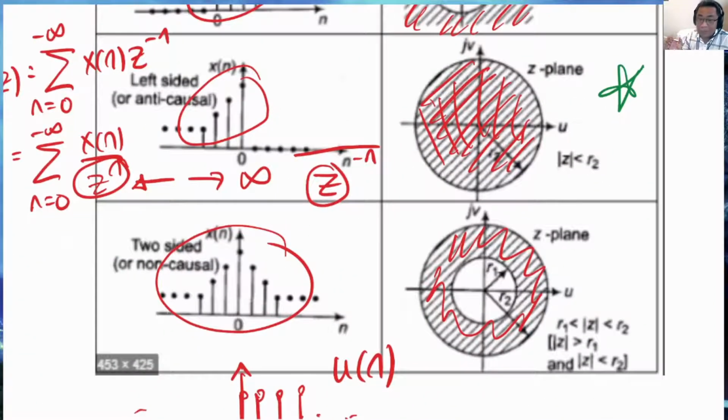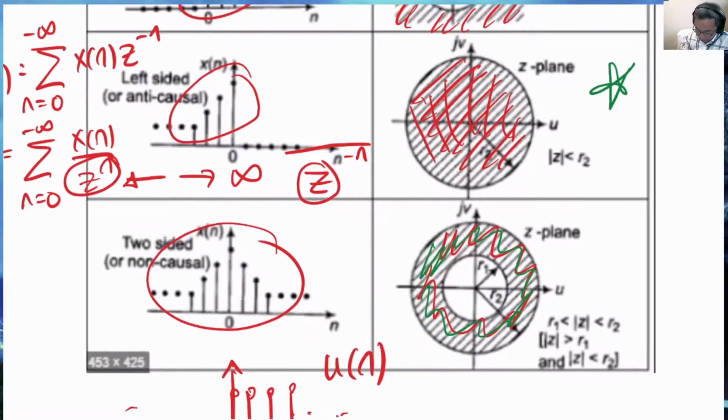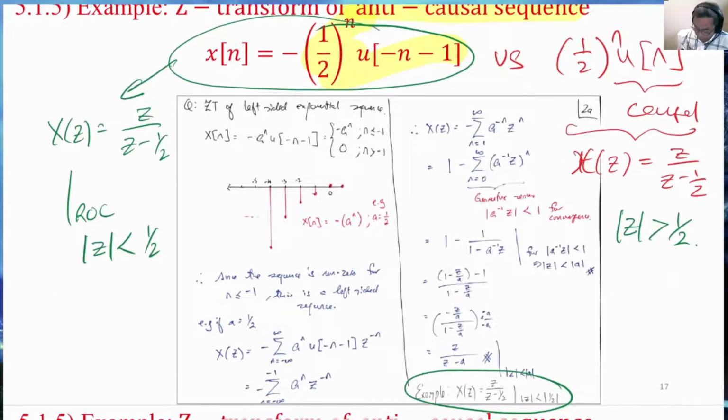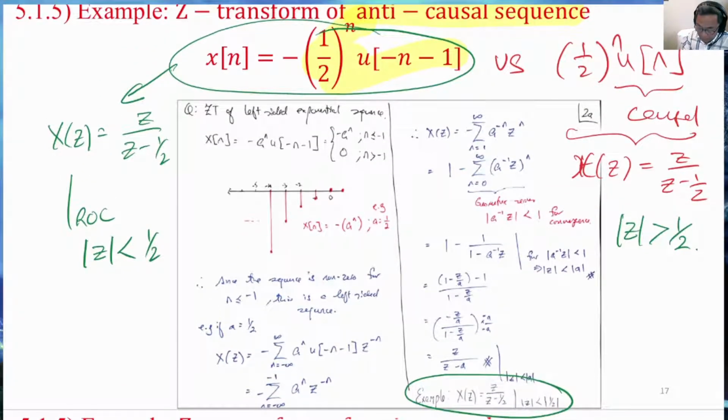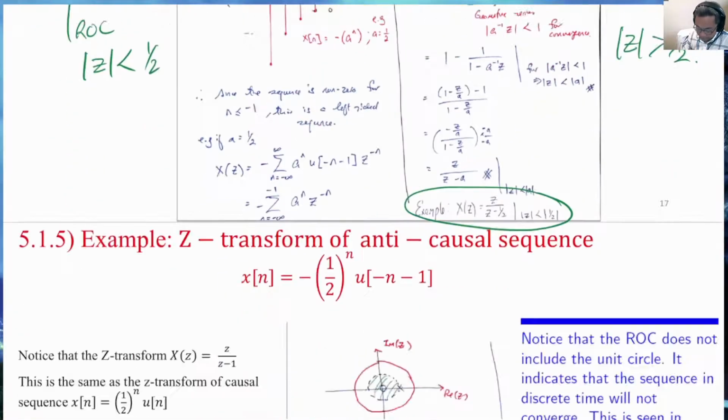And if we have a sequence that has both left and right hand side, then the possibility is that when the two regions of convergence intersect with each other, then we will have a ring. Of course, we will have the issue that when the two regions of convergence do not intersect, then the Z-transform does not exist. So go through this example to see why the Z-transform of two very different looking signals looks the same. Finally,